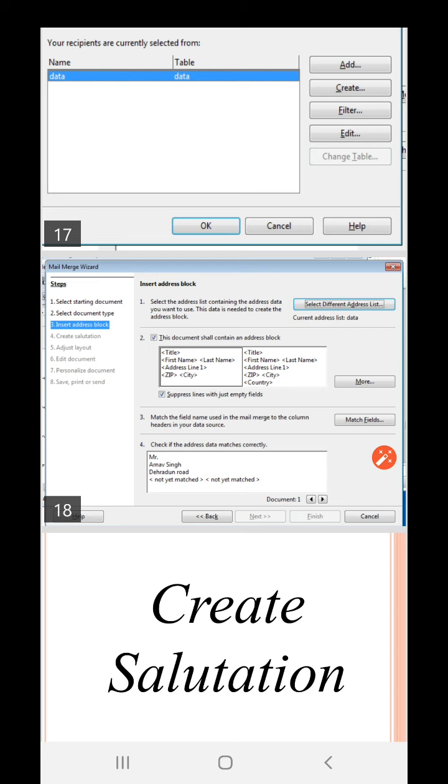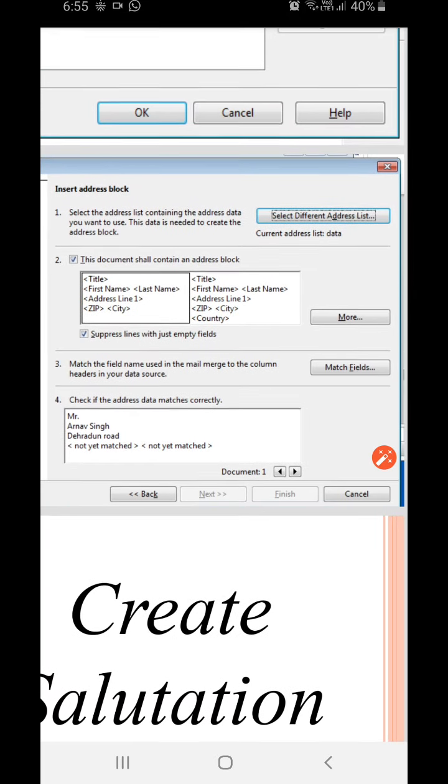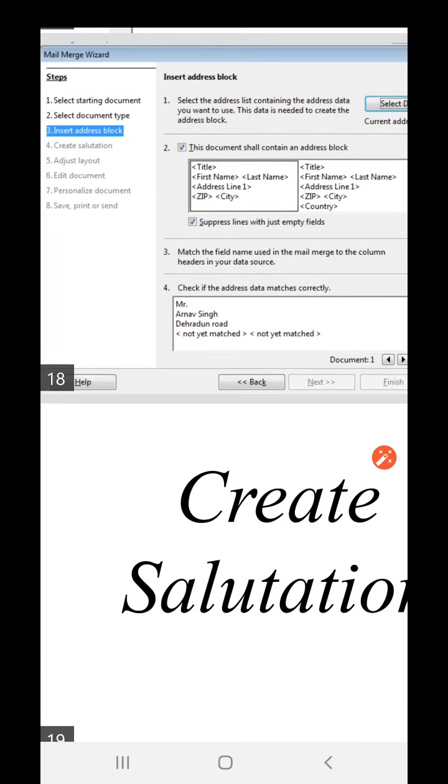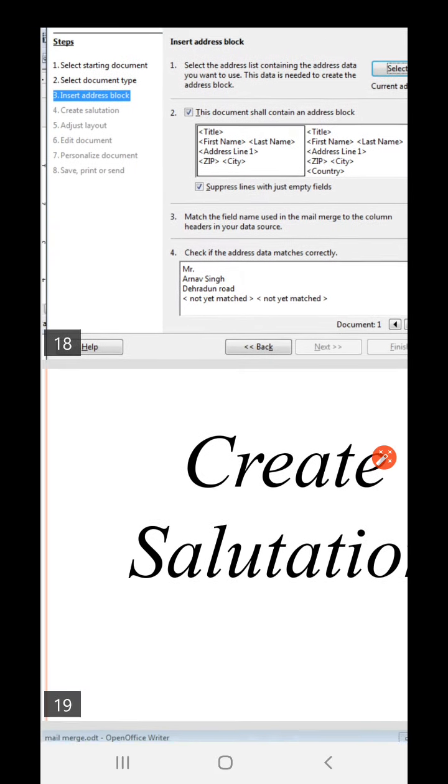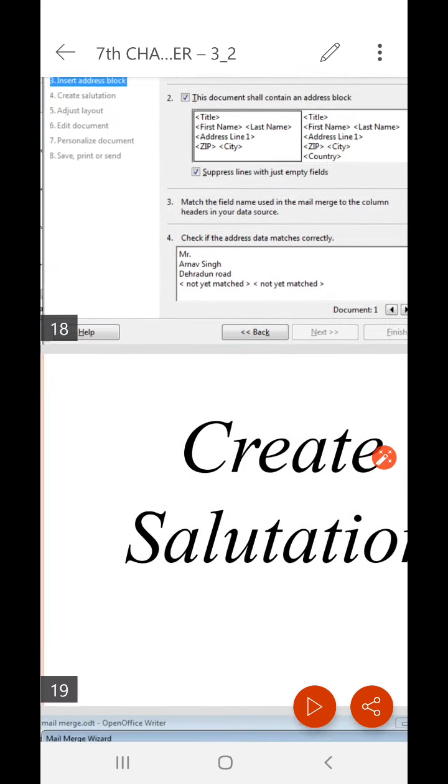In this, it will create an address block with the following address information like title, first name, last name, address, zip, city. You can select any one, then click on next.